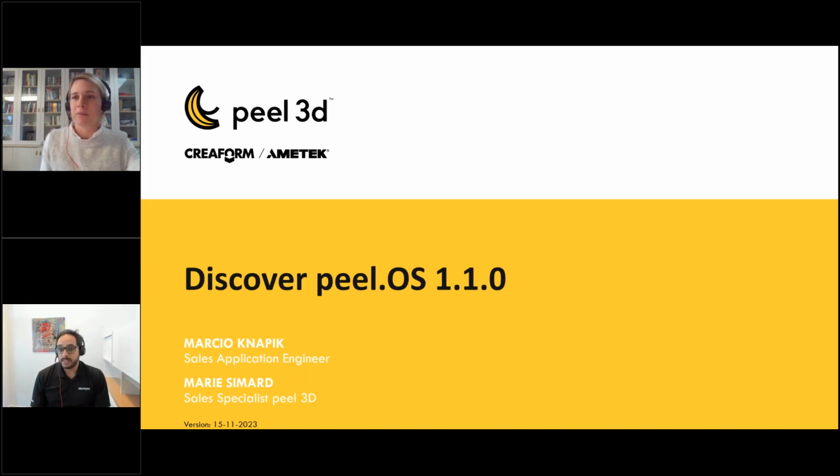What that means is that we now have a new version of peel.OS. We have had a lot of improvements over the year, but in my opinion, this is the most significant improvement we have made, and I will show you why in a few minutes. For users who have not yet updated to the new version, I strongly encourage you to do so and to use the new version